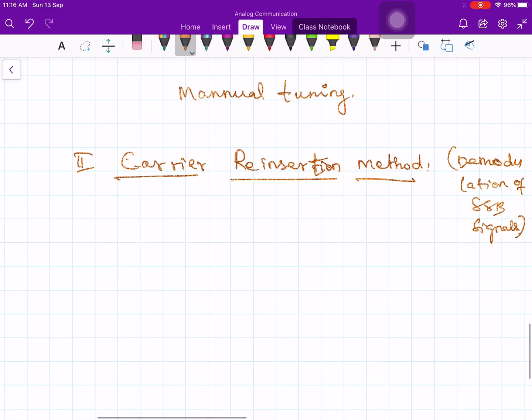And this also requires a local carrier like your coherent demodulator, the standard coherent demodulator, but this has some minor advantages over the coherent demodulator in terms of practical implementation. Let us see what are the advantages that we can get using this method. Basically